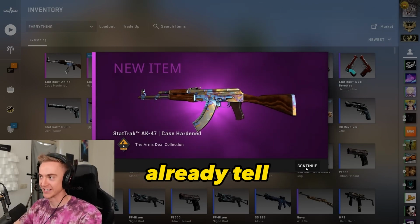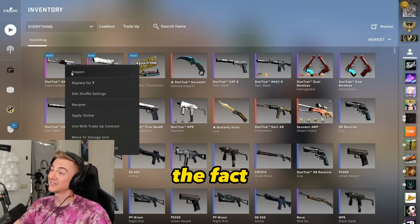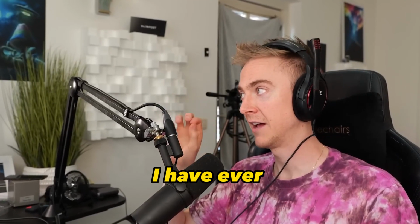Unfortunately, I can already tell that this is not a 661. I don't think this is even a blue gem, but the fact is, since it's Factory New and StatTrak, it's super... Oh, 612, 612. That is the closest I have ever gotten